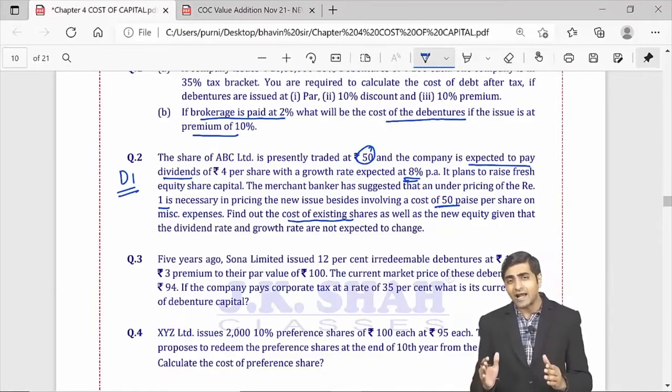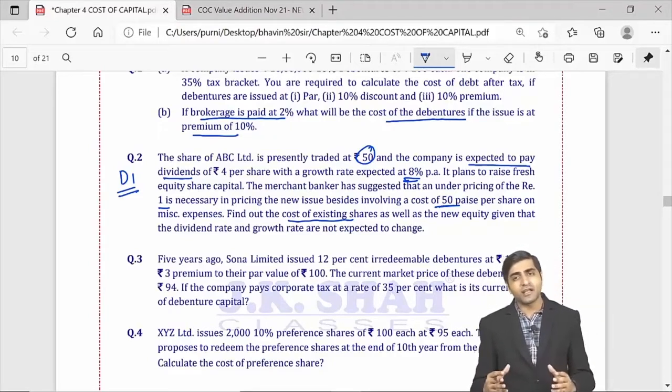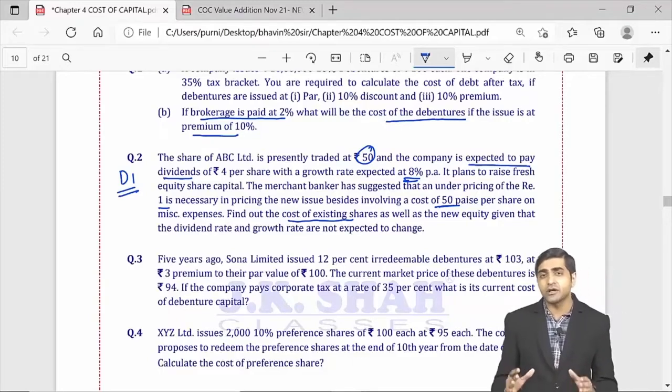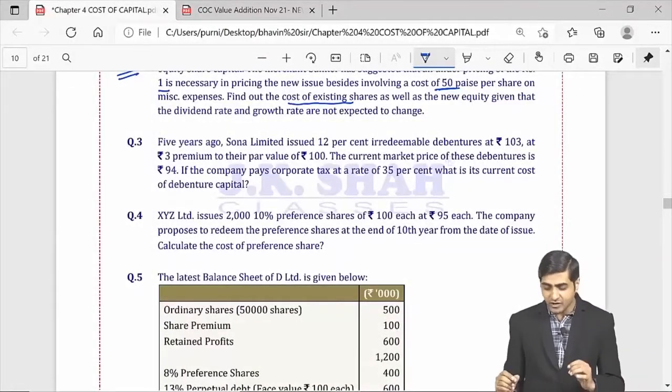So guys, while calculating your KE new, just remember that in the net proceeds we will be taking 48.5, and that's how your question number 2 KE will be calculated using Gordon's model. Continuing further, in your question number 3, you can check that we are required to calculate your KD,